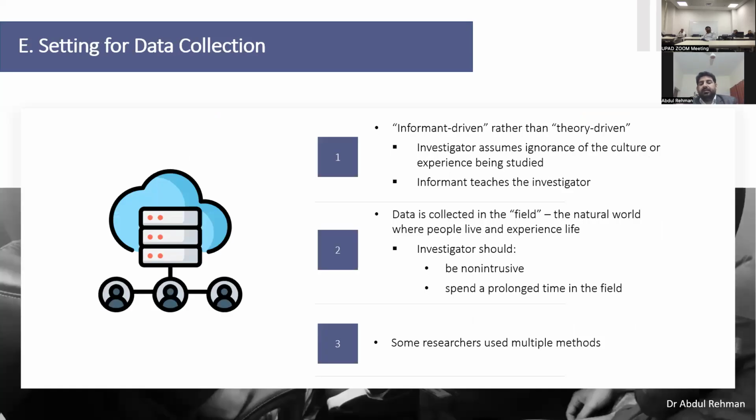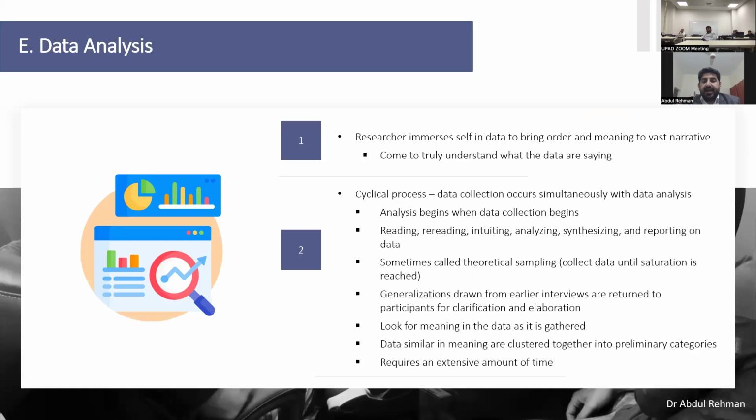Setting for data collection, as I told you, is informant driven. Data analysis: when you select the participants, you have the data. Then in qualitative research, we have a cyclic process. Analysis begins when the data begins. So there are different steps: reading, rereading, analyzing, sometimes called theoretical sampling, generalization,